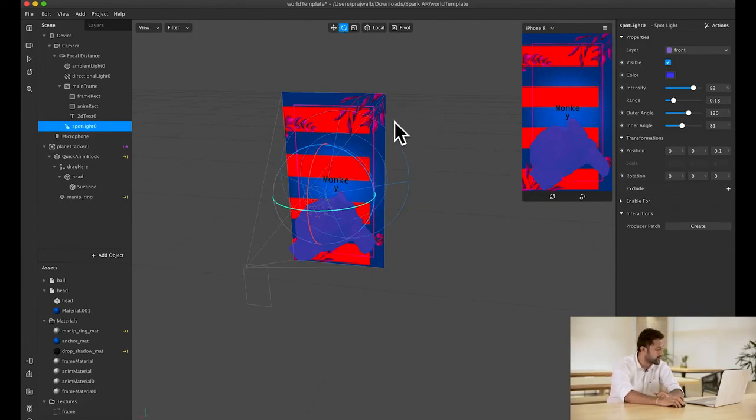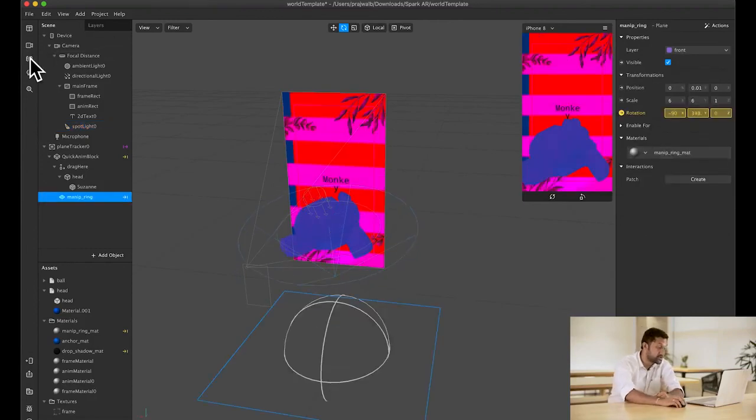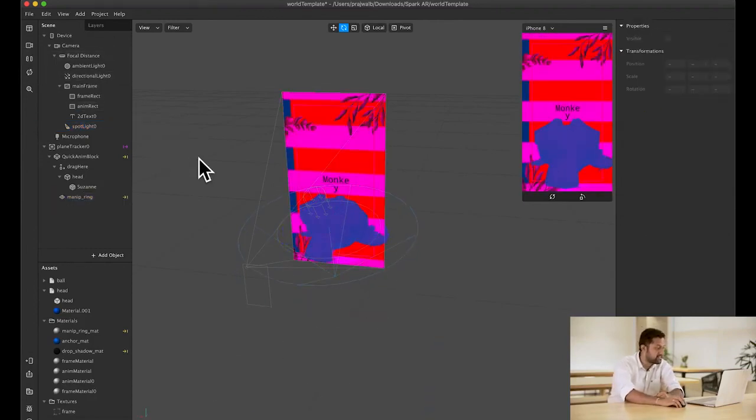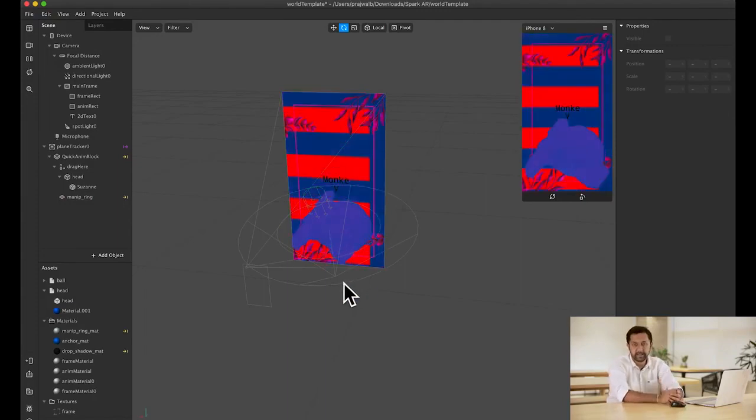You can edit the outer and inner angle of these cones by adjusting the slider next to outer angle and inner angle in the Inspector. Now, using the manipulator in the viewport, move the spotlight below the monkey head. Hit play on the toolbar and you should see your effect come to life with the light under the monkey head. In the upcoming sections, let's see how we can add the final touch to this effect by bringing in audio.